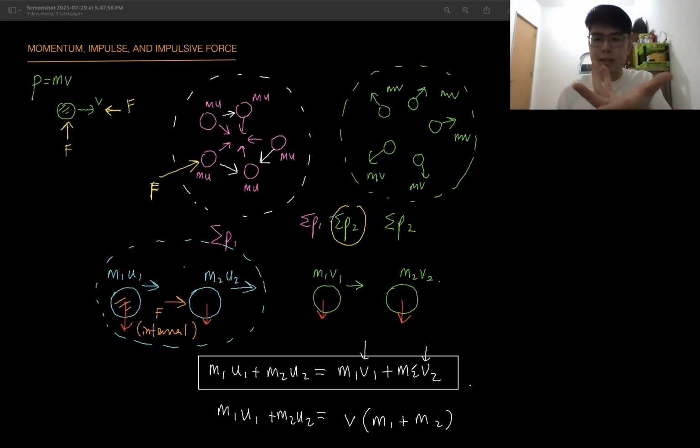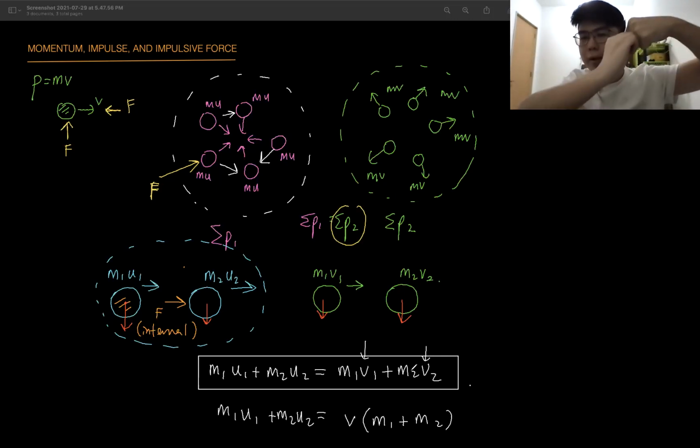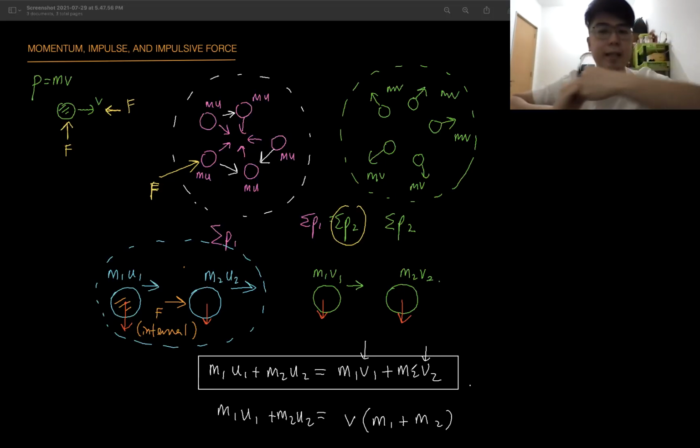What is elastic and what is inelastic? The main thing that differentiates these two. Now, in SPM, the way we differentiate them, we say that objects stick and objects do not stick, right? After collision, if they do not stick, like if you kick a ball, it bounces off, does not stick, that is elastic. And inelastic is something that after colliding, they stick together, like one planet colliding with another planet and they stick together, they become one single body. That is inelastic. Or it can be one plasticine hitting another plasticine, becoming one single body.